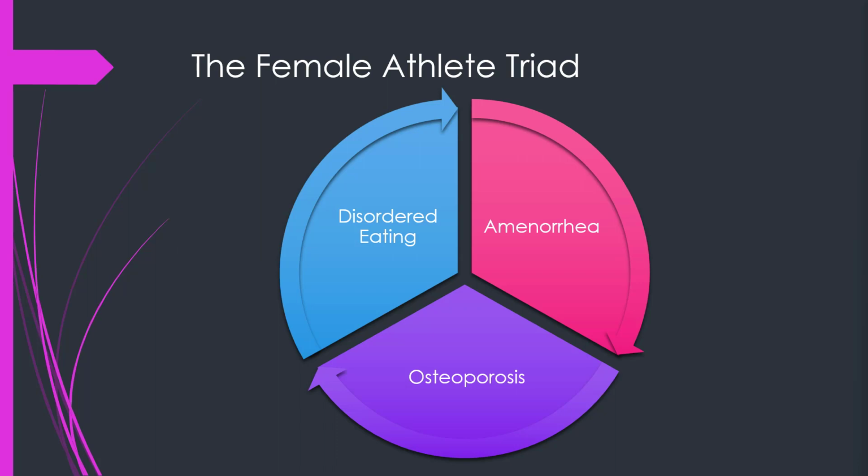The female athlete triad. This is a relationship between disordered eating, amenorrhea, and osteoporosis. This is often seen in females driven to meet standards of the sport or to meet a specific athletic image to attain goals. Signs and symptoms include disordered eating, anorexia nervosa or bulimia, osteoporosis, which is premature bone loss in young women, and inadequate bone development. Management, prevention is the key. Early identification, education, and mental health counseling can help.